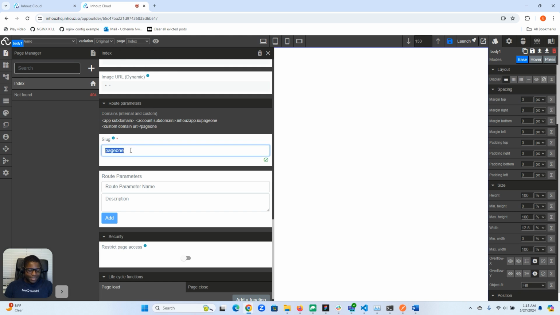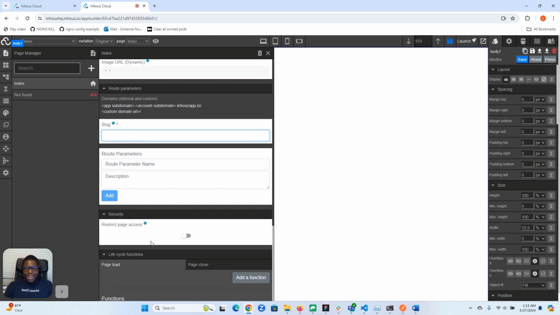All right, just keep that in mind. And here we have a configuration for page restrictions. Now, if this application was behind some kind of access wall, so let's say this was members only, you wanted people to be logged in to see the contents, all you would need to do is